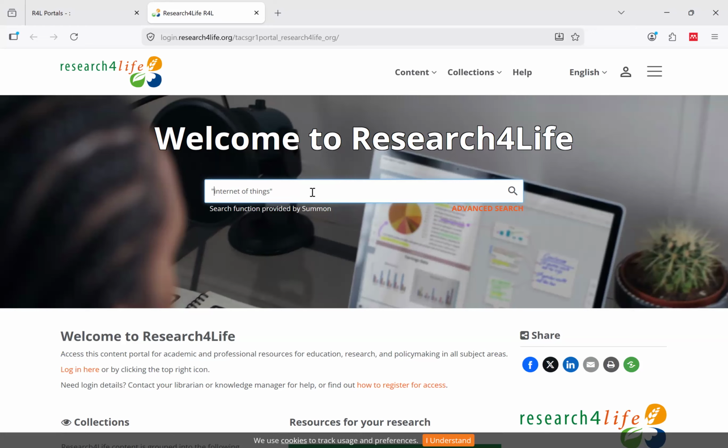Remember, I'm doing a general search here, so Internet of Things is going to be searched across the title, the body, the abstract, and even the bibliography or references. Let us search. I'll click on the search option.